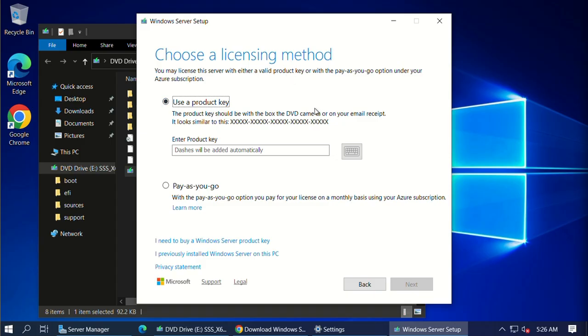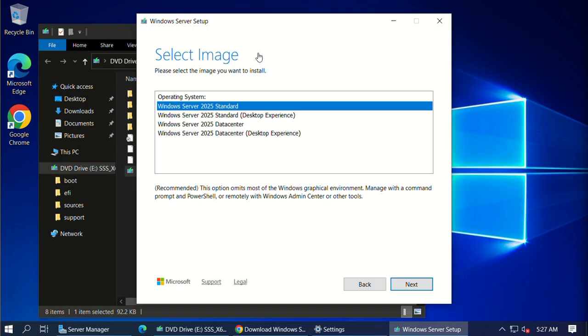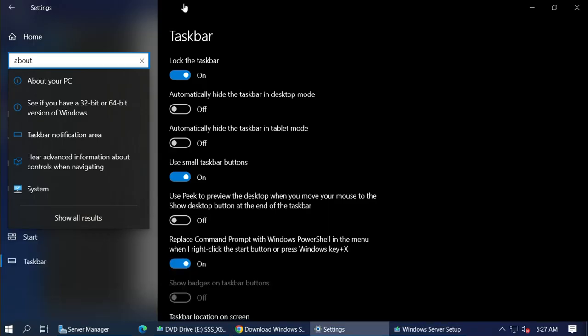If you don't have a product key, you can select this button, then select your edition of Windows. Make sure the Windows Server edition is the same. You can check your version of Windows Server.